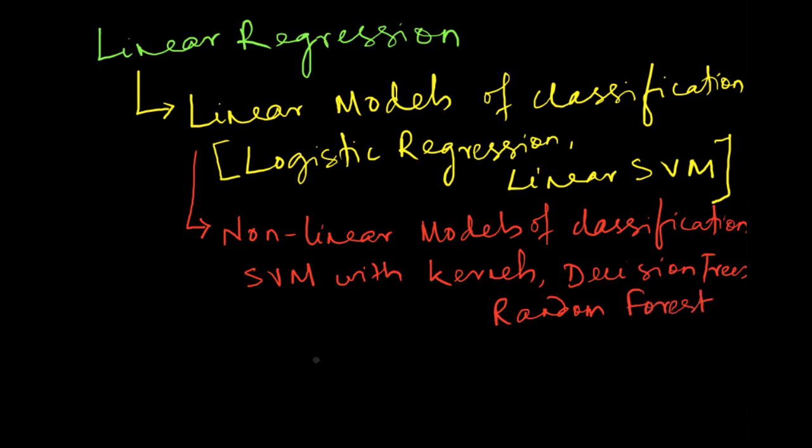So this is like the first set of algorithms that come under this broad category of nonlinear models of classification. Now as we move away from here, we are of course in the nonlinear regime, so we will stay there. Nonlinear is nonlinear, but what is more complicated than SVMs and decision trees are what are called artificial neural networks. They are currently, I would say, the most advanced way of implementing machine learning algorithms. We will see a lot of details, but basically they try to mimic the human brain.